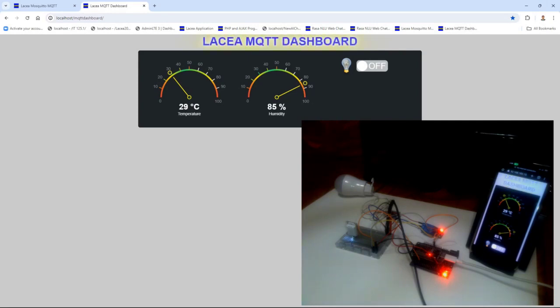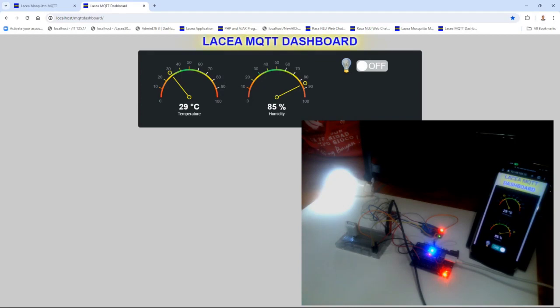Now, if I turn on the LED bulb in this smartphone, the web browser in my laptop did not yet update the current status of the LED bulb because it is waiting for that data to come in, as it is every 10 seconds. Now, as you could see in the laptop dashboard, the status shows that the LED bulb is turned on.